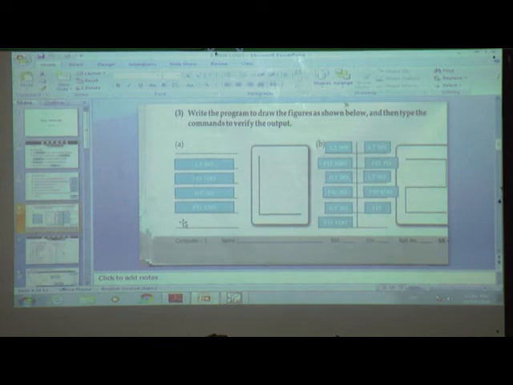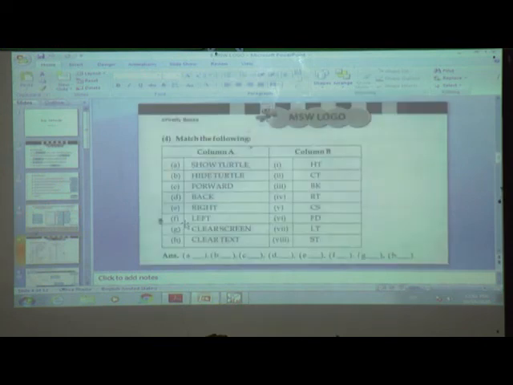Now match the pairs. Show turtle ST, hide turtle HT, forward FD, back BK, right RT, left LT, clear screen CS and clear text CT.